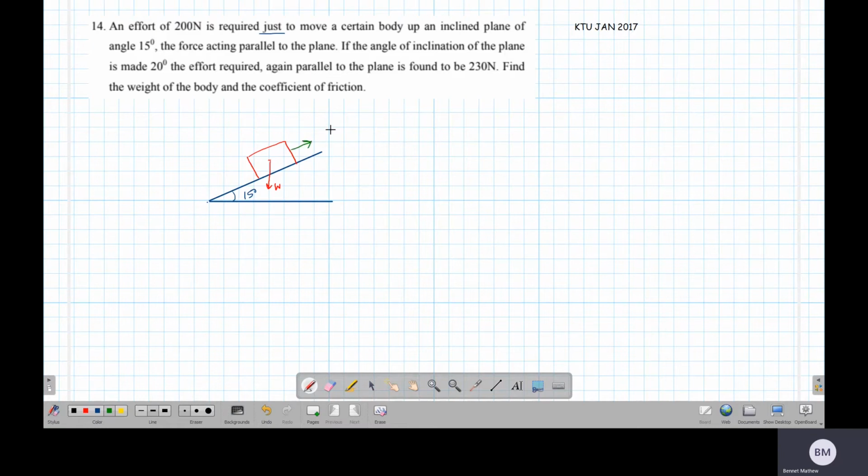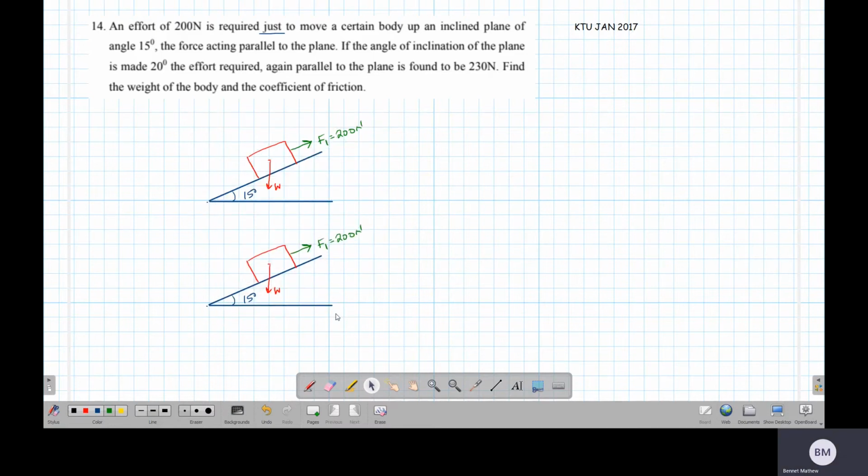What is the property of the force? The force is acting parallel to the plane. So this is the inclined plane, and the force is acting parallel to it. Let's say this force is F1. The force required is 200 Newton. So this is one condition: a 200 Newton force just tries to move the body up. Again, the second case it is giving is